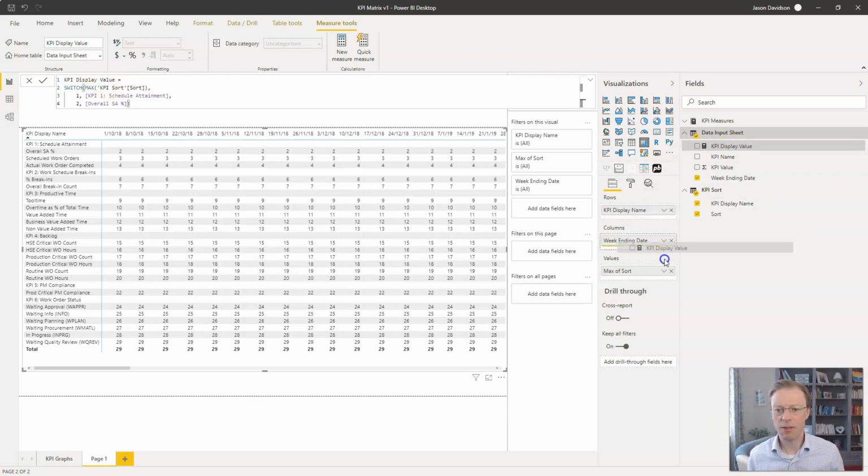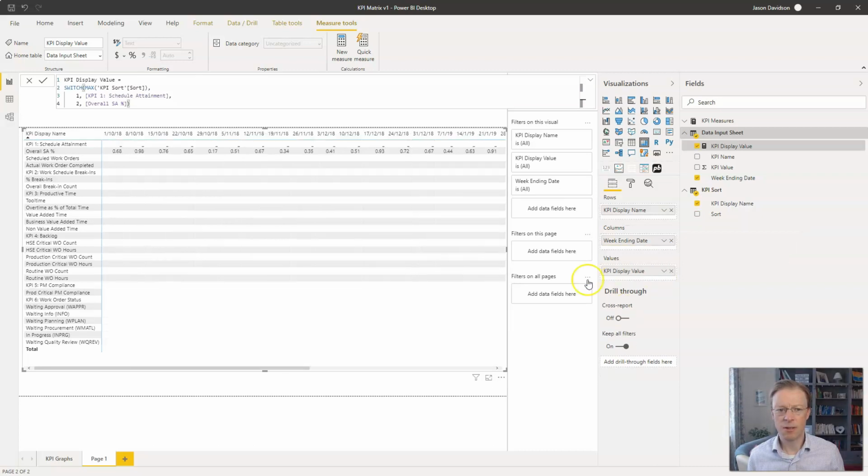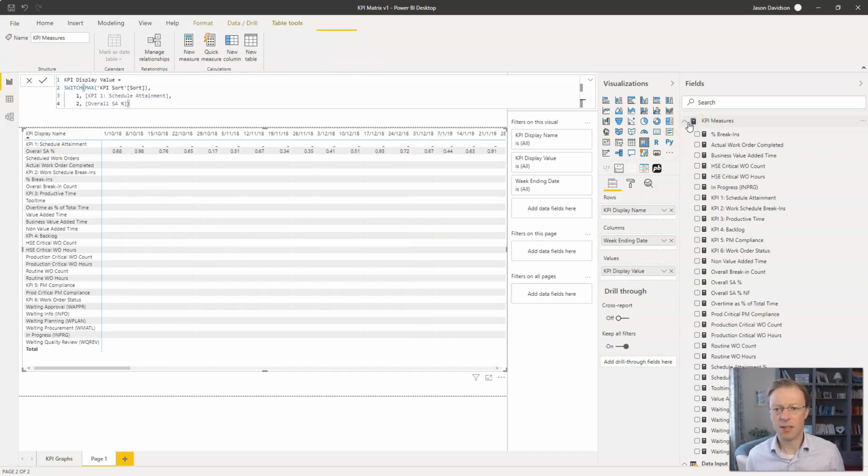So let's pull it into here, get rid of this, and we can see that we're now starting to get somewhere. So this schedule attainment is being set up as